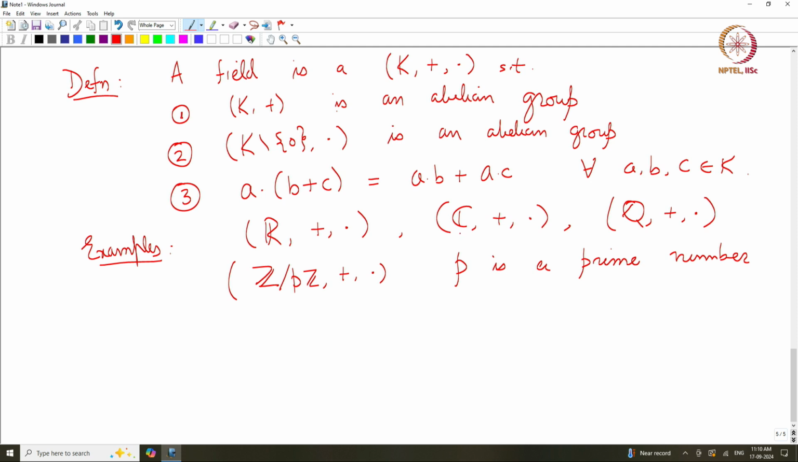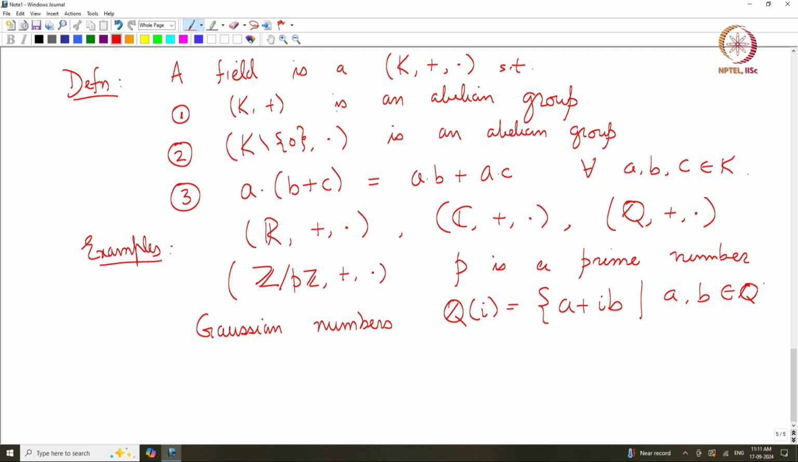or, analogous to the construction of complex numbers from real numbers, you can take Gaussian numbers Q(i). So, this is all a plus i b such that a and b are both rational numbers, and here i squared is equal to minus 1. Okay. So, you can check that this also forms a field with the usual addition and multiplication. Okay. So, these are some of the examples of fields,